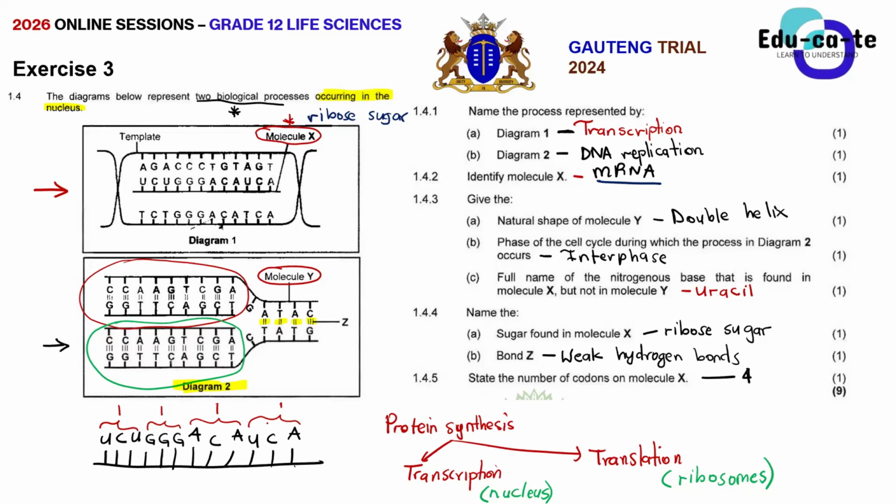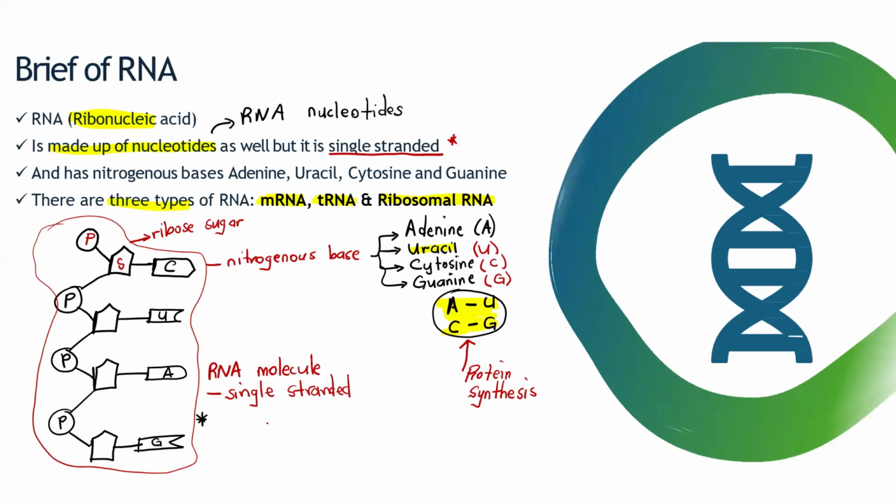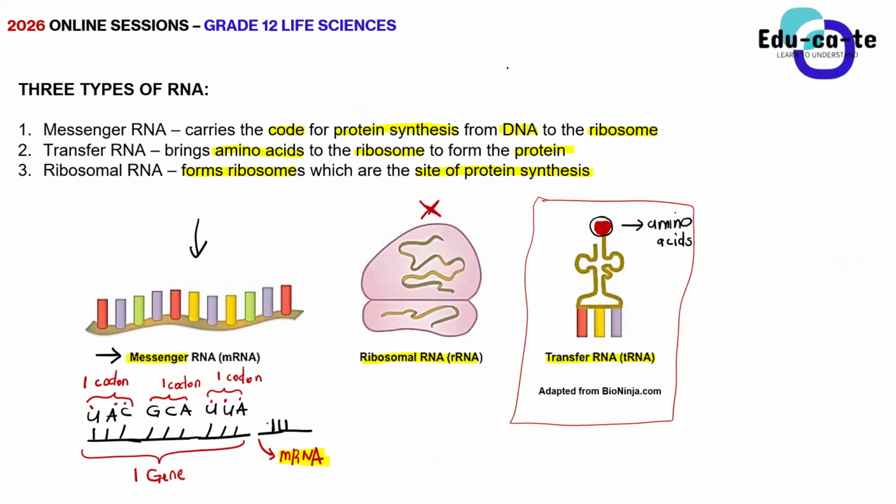Those are genes. Let's just call them codons for now. Let's remove the gene part. Just call them codons. 3 nitrogenous bases that are following each other are known as codons. This is just to train your mind for protein synthesis, because I will be using these terms quite a lot. When I'm talking about a codon, it's 3 nitrogenous bases that are following each other.